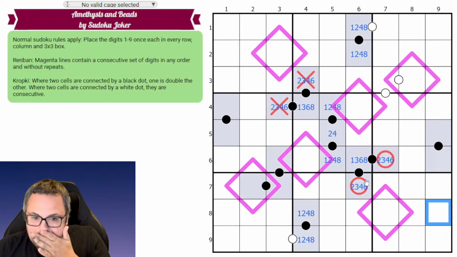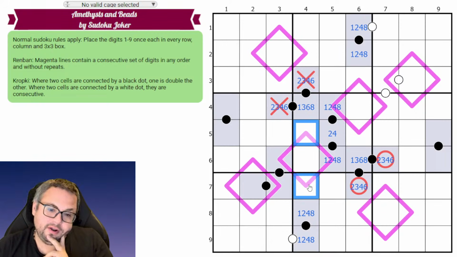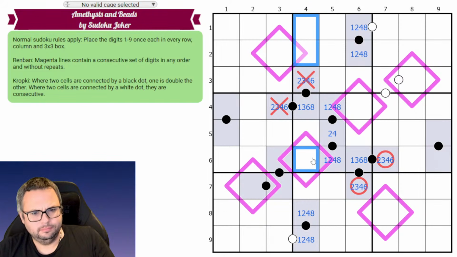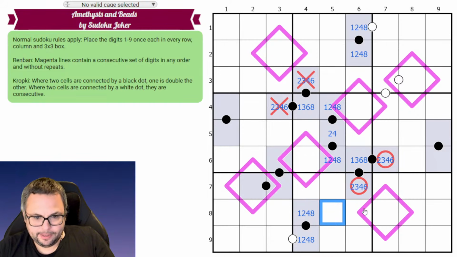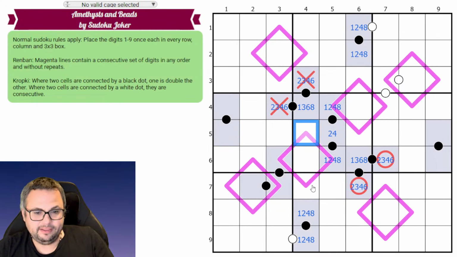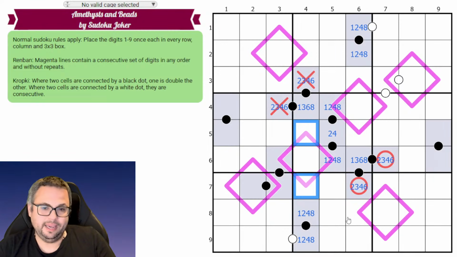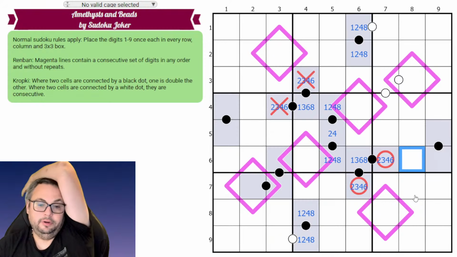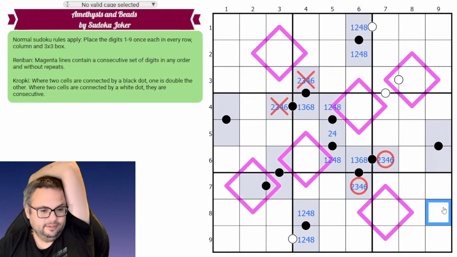At least one of these. There we go. Okay, so now, no. Sorry, I am wrong. I needed one more digit in here to make the argument I was going to make. I was going to say at least one of these two has to be a 5, 7, 9, so it can't have a 1, and the same thing is true over here. But unfortunately, I can't count. Unfortunately, this circle digit doesn't get